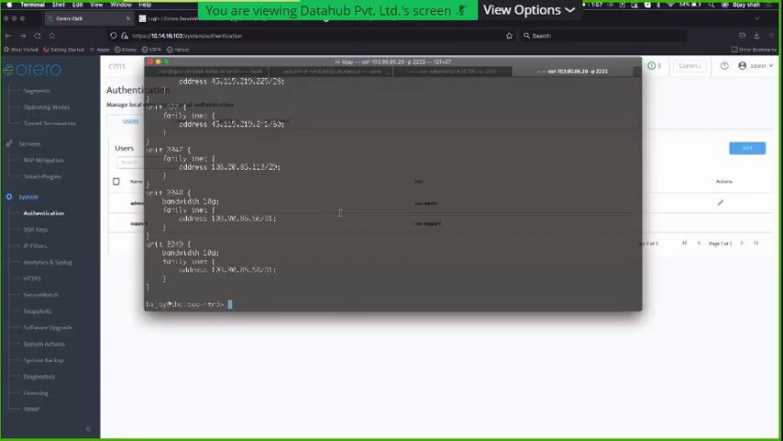So there are two VLANs here. So these are management. 960